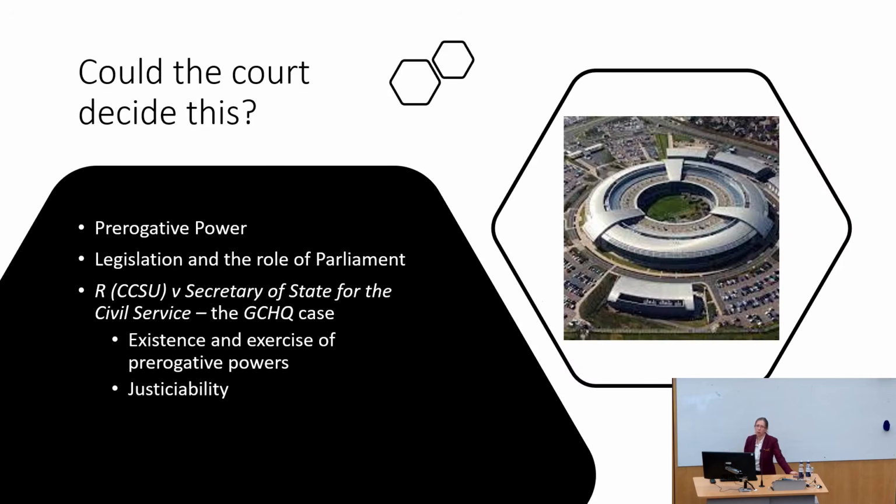And the reason this case is important is because it tells us not only can courts check whether a prerogative power exists, they can also check how it is exercised, but not all of them. And they came up with a wonderful word. And they said, we will control the way in which prerogative powers are exercised when they are justiciable. And all justiciable means is suited to be determined by the court. So it's a posh way of saying, if we think this is something that is suitable for us to check, we will check it. If not, we won't.